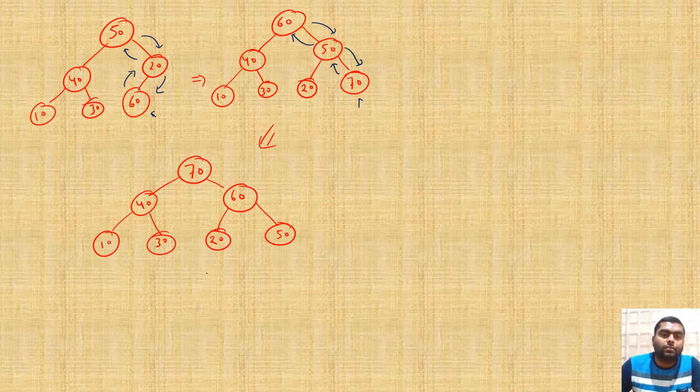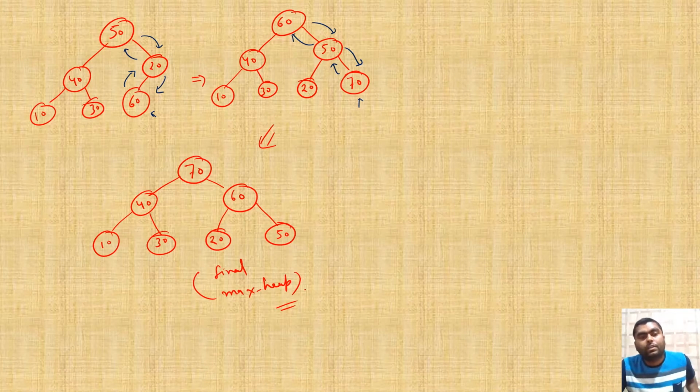Okay, so this is the final max heap. I hope that this is clear to you. Max heap is required in a lot of places, like max heap or min heap, because at runtime, or dynamically, if you want to allocate some sort of memory, then there is always a need of what? Heap. Because it takes less time as compared to insertion and deletion.